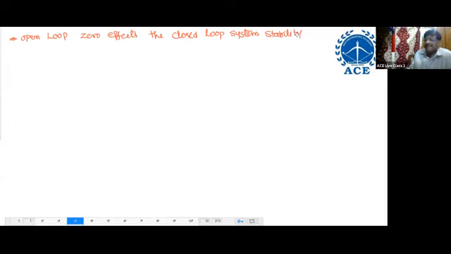Poles automatically affect, but open loop zero will affect the closed loop system stability. What is the reason? Because closed loop poles are nothing but